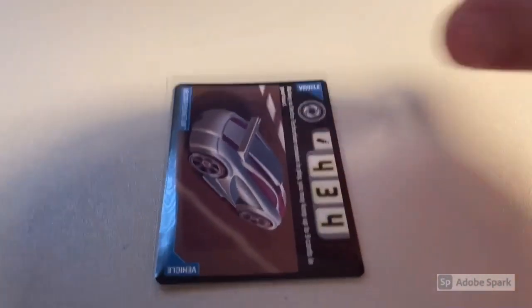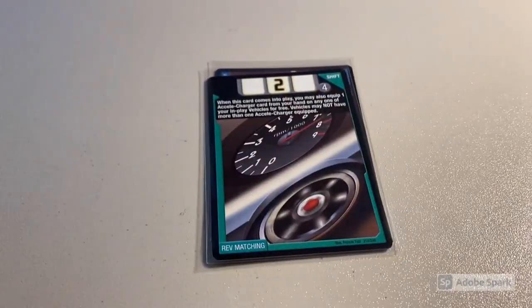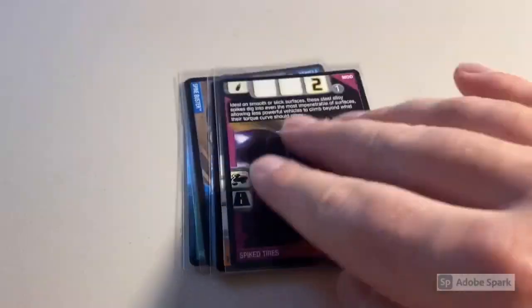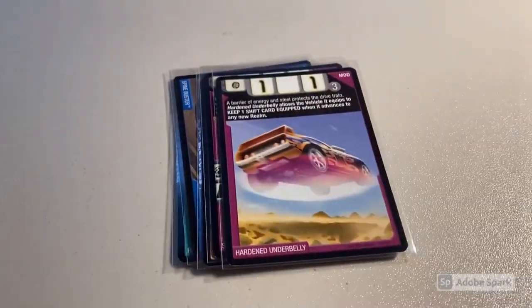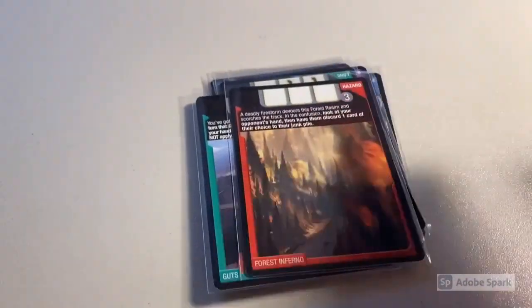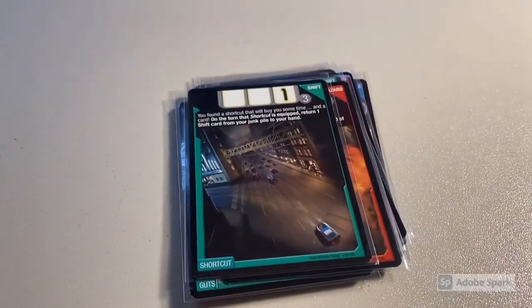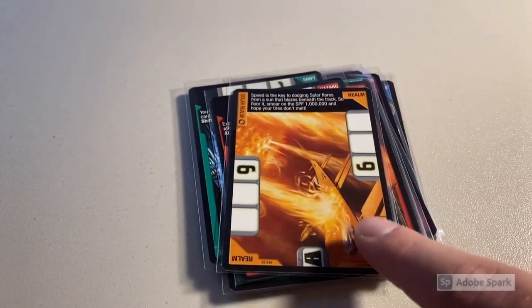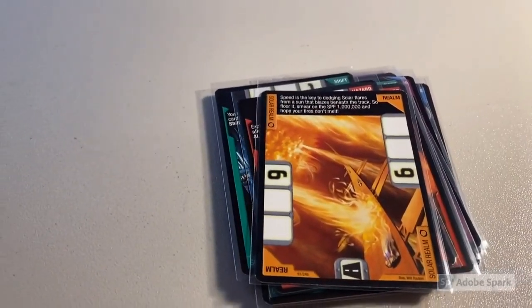All right, next up we sold a lot of 15 Acceleracers cards, 13 of which were near mints. We'll flip through them real quick because it was mostly rares and uncommons. It was Vector Technetium, Rev Matching, Spine Buster, the Blizzard Realm, Spike Tires, Hardened Underbelly, Hack Mimic, Guts, Forest Inferno, Shortcut, Ice Shrapnel, the Solar Realm, which I believe is a 3-pack exclusive realm off the top of my head,